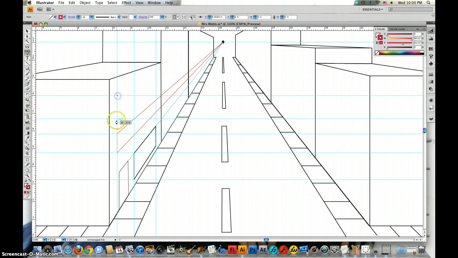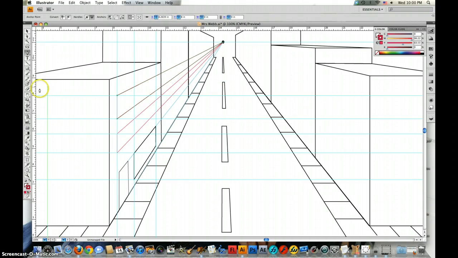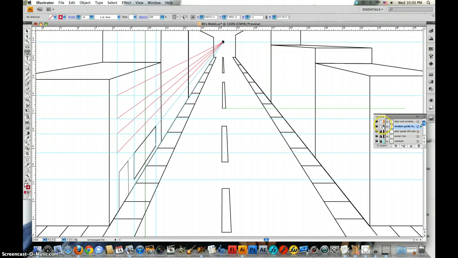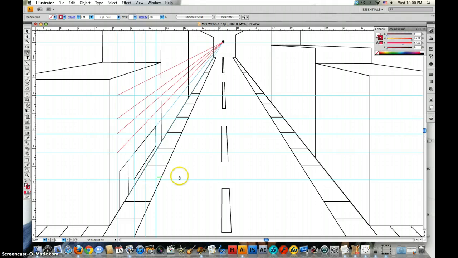And then we will do the same thing right here. Okay, and say we want one window to be that wide and then another window to go from here to here. We'll come over here, lock this layer, come back to our door and window layer, change the fill to